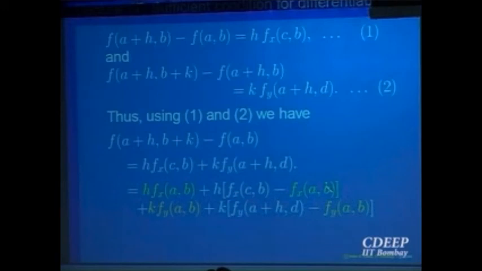So the basic idea is, you want the increment for a function of two variables, f of a plus h, b plus k minus f of a b, right? If you want to split this into two increments, one in each variable, add and subtract one term, which gives you only one variable at a time. In the increment f of a plus h comma b minus f of a comma b, only the first variable comes into the picture, and the second variable is fixed at b. Apply Lagrange's mean value theorem, and the conditions are satisfied because of the given hypothesis. So you get the points in between, keep whatever is required, put the remaining thing as error, and show that the error goes to 0. That completes the proof that the function is indeed differentiable.